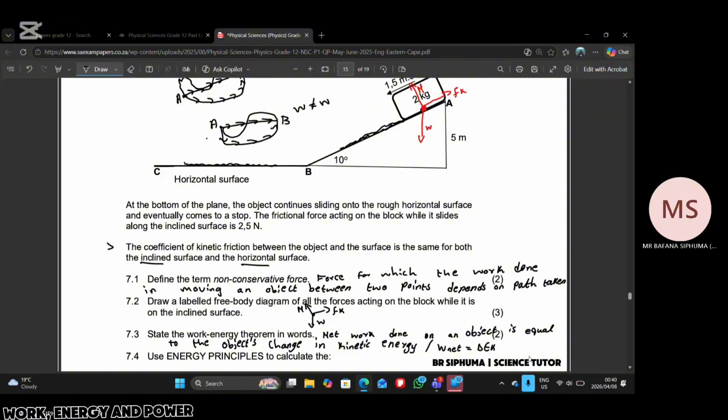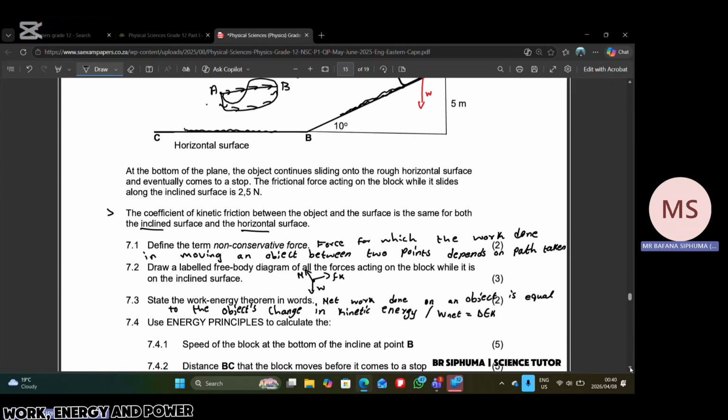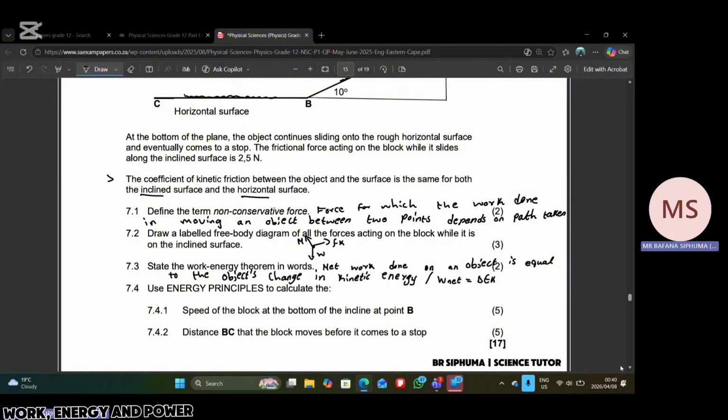Good. Okay, so listen. We're moving now to 7.4. I want to explain the principle. I want to explain it to you. So they said use the principles or use energy principles to come